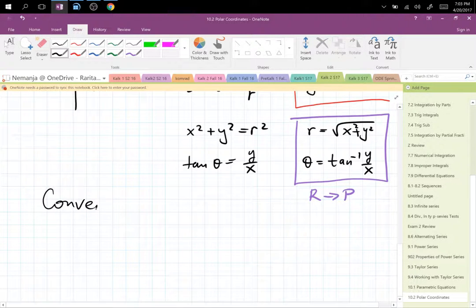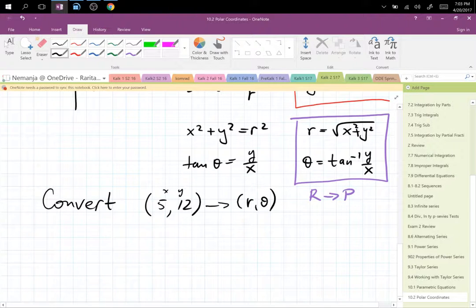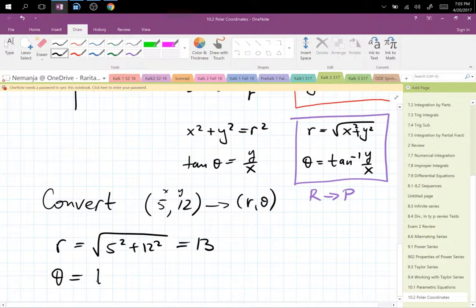Convert, let's say, 5, 12, which is x and y, to r theta, to polar. Well, I use my purple conversions. r is the square root of 5 squared plus 12 squared, which works out to be 13. And theta is the inverse tangent of 12 divided by 5,